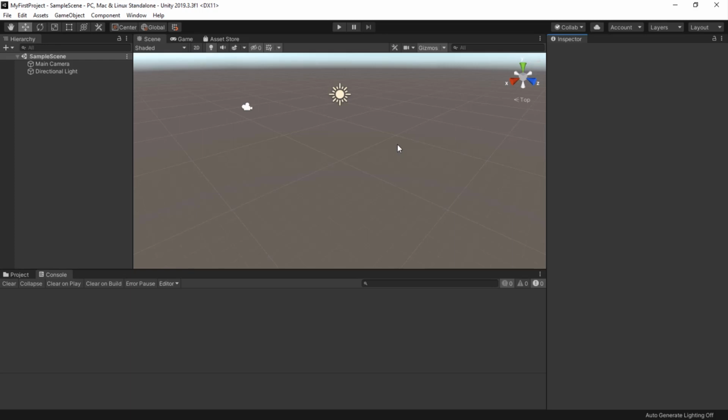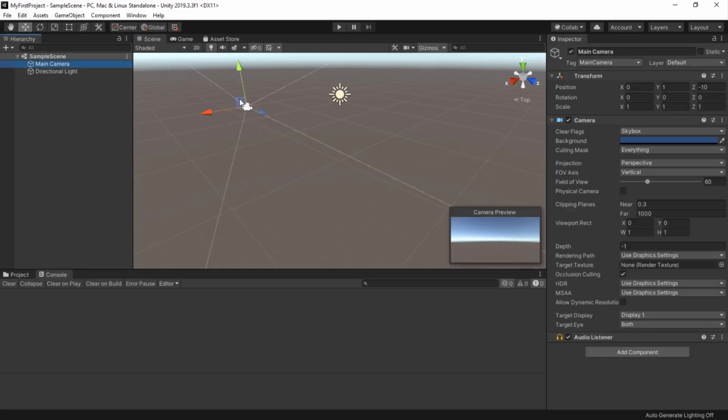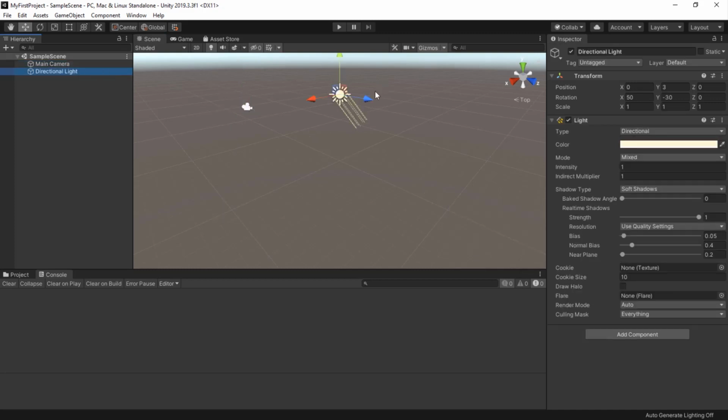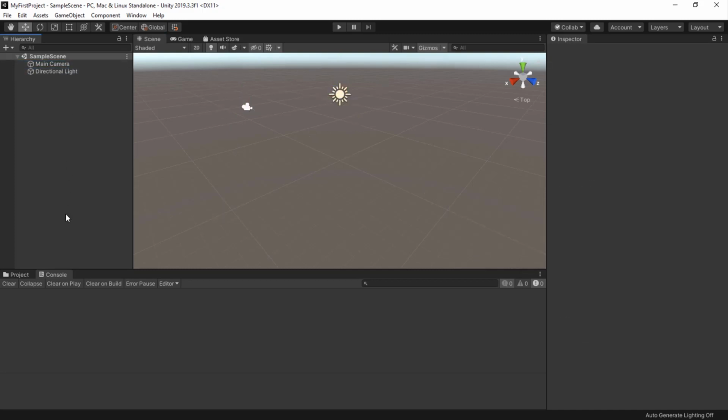When you create a brand new project in Unity, you'll see the default Unity layout. This shows you the arrangement of panels inside the interface. Let me give you a quick rundown of what you're looking at. The largest part of the interface is the 3D scene display. This is where you construct your game world and environment. It gives you a director's eye view of the game being pieced together. Next to the scene tab, you'll see the hierarchy panel, which is the list of all the objects that exist within your game world.